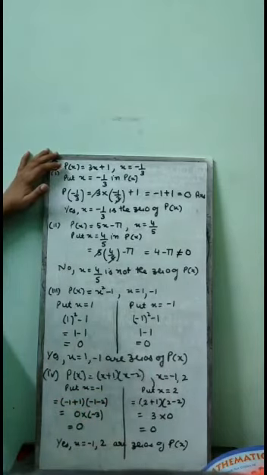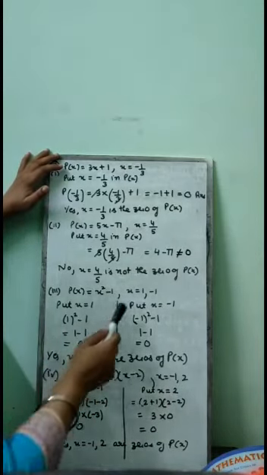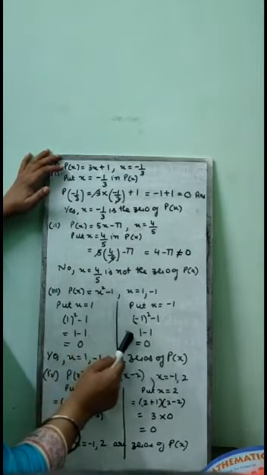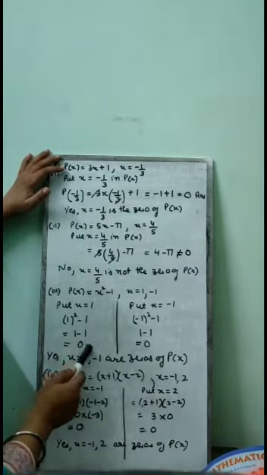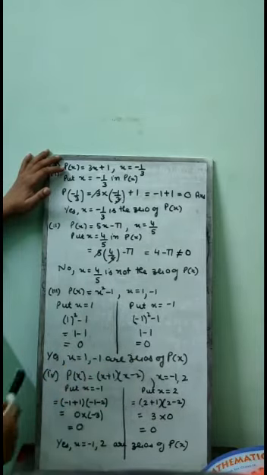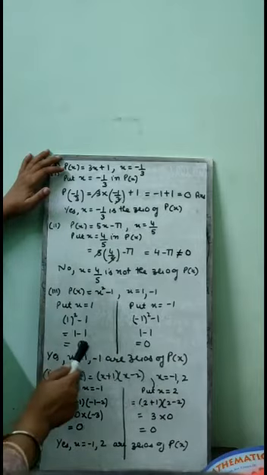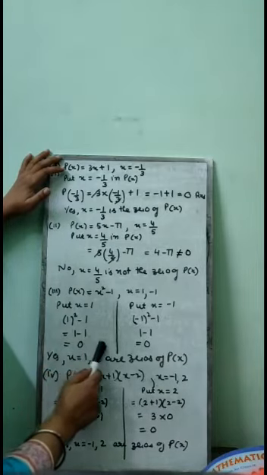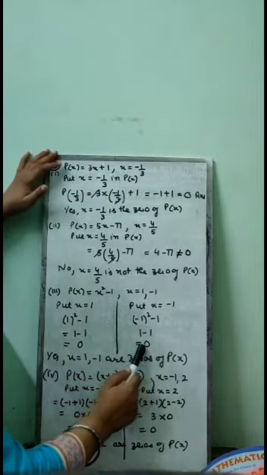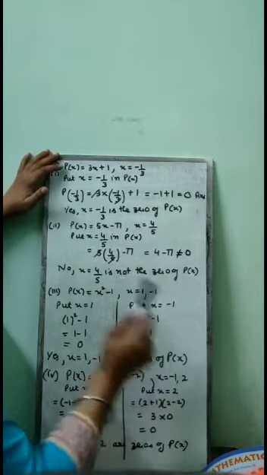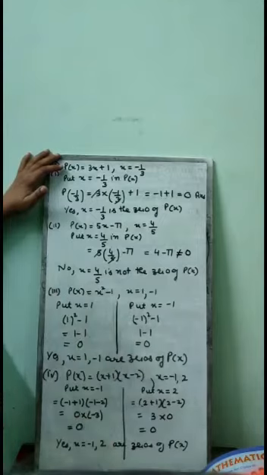Students, sometime it might happen that both the values when put in p(x), at one side answer will be 0 and at other side answer will not be equal to 0. This might happen sometimes. Where the answer is 0, you will write this value is the zero of p(x). Suppose here the answer is not equal to 0, so you will write no, this value is not the zero of p(x). This might happen in the sum.